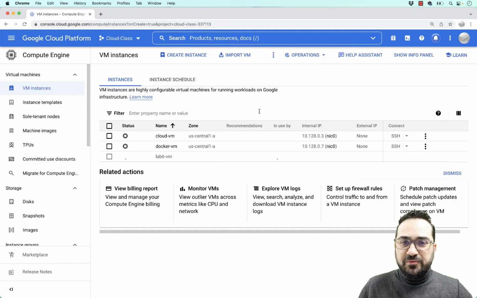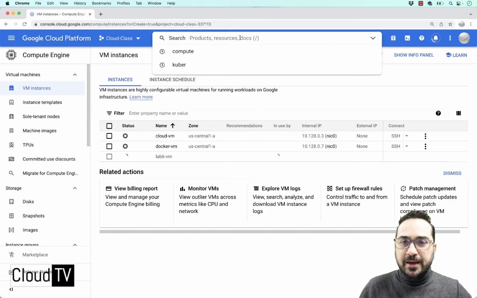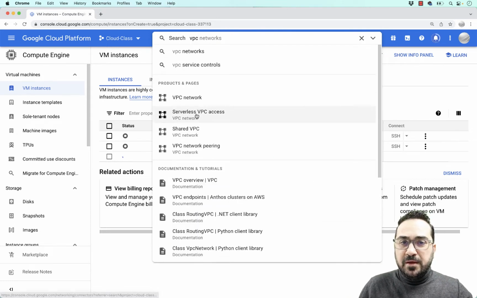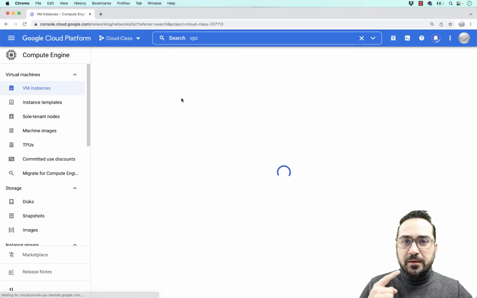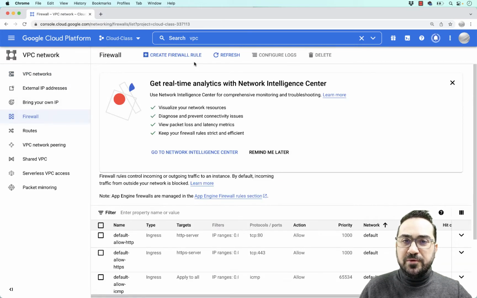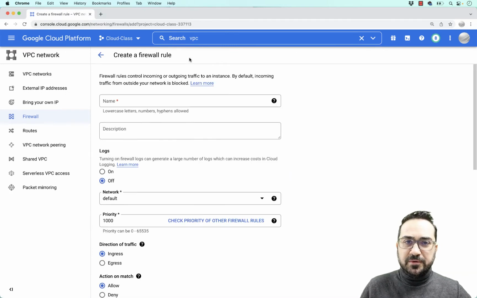One thing that we will also explore today is the way for us to open the ports so our application can talk to other ports rather than port 80, for example, which we used in the past. So go to the VPC, so Virtual Private Cloud, click here. While our VM is created, I will go and create a new firewall rule, in order to allow access to our VM instance in particular ports.